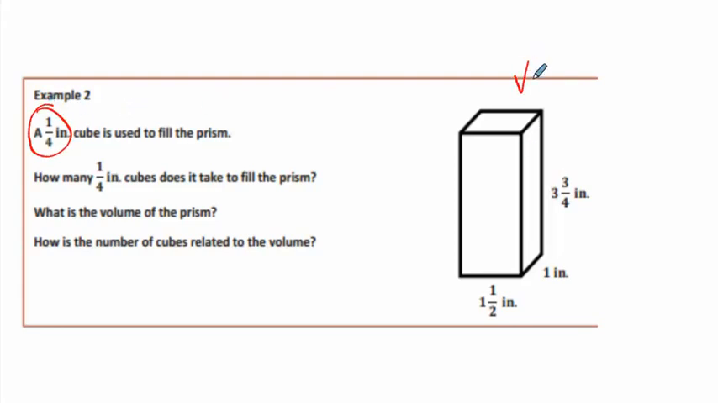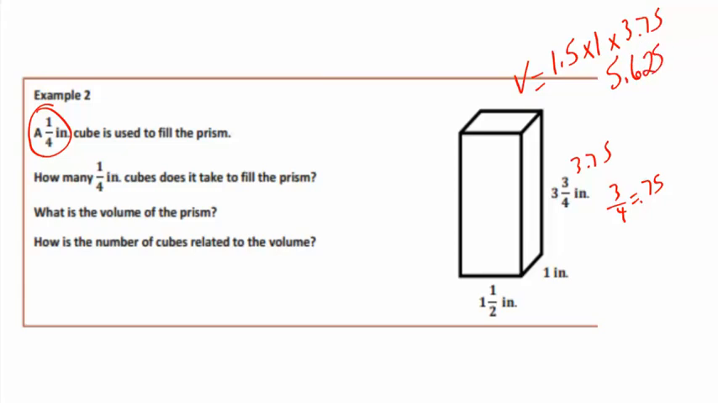So first let's find the volume of this one. So that's 1.5 times 1 times, that's 3 3/4. So that's 3.75. If you don't know that 3/4 is 75, you could have just divided 3 divided by 4 in your calculator, and it comes out to be 0.75. So when I multiply all of that out, it comes out to be